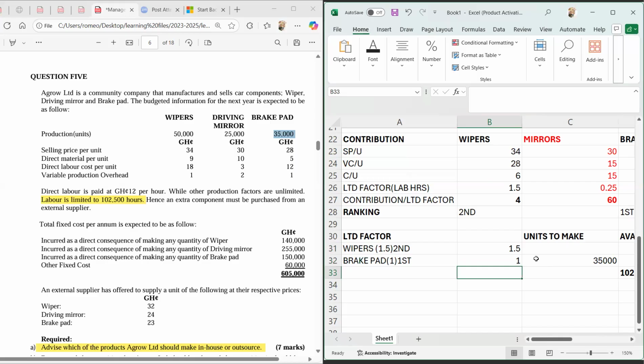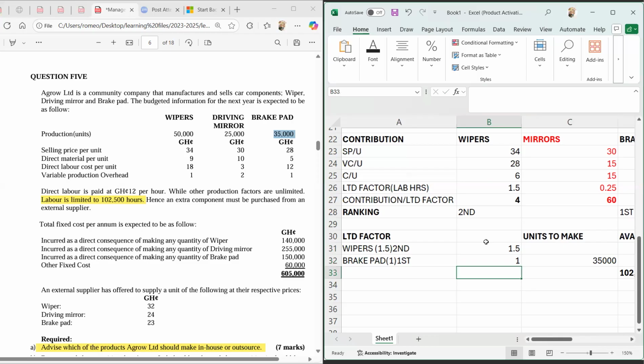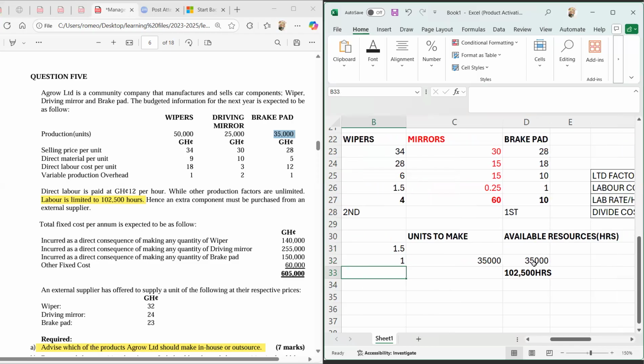So it's supposed to be this one rather. Since the ranking, this one is supposed to be the limiting factor. Manasseh, sorry. Okay, so with this one, you see when you take away this one, what will be left? The 35,000. You have to take this one out of it. So 102,500 minus 35,000, giving us everything. Then you divide it by